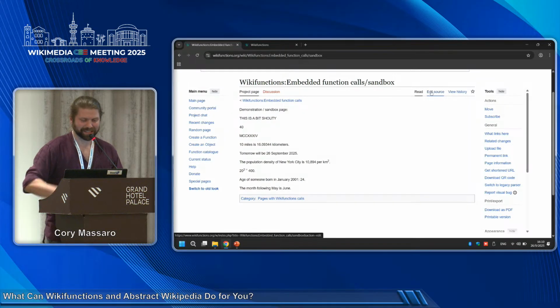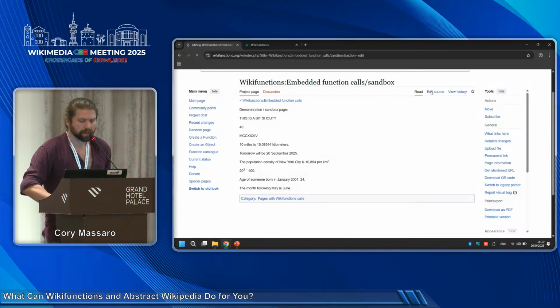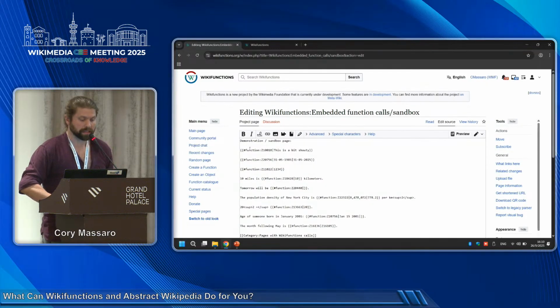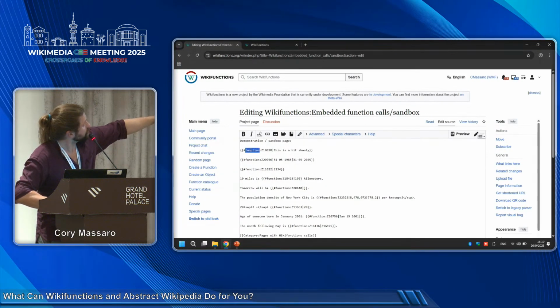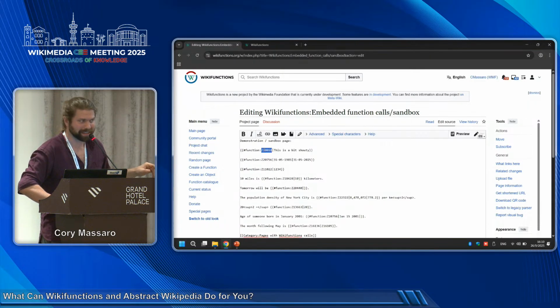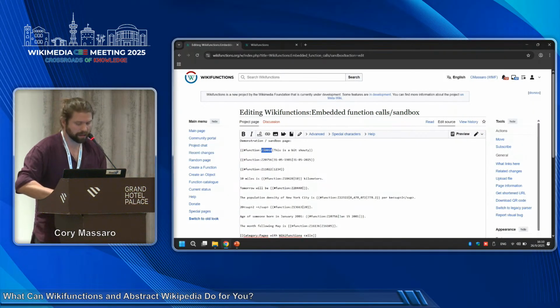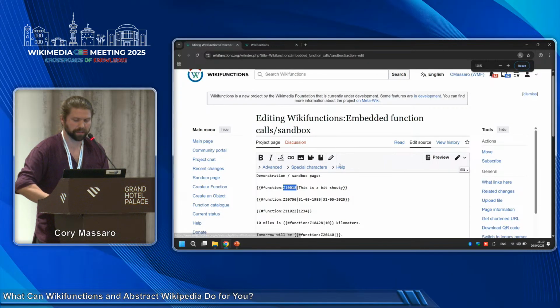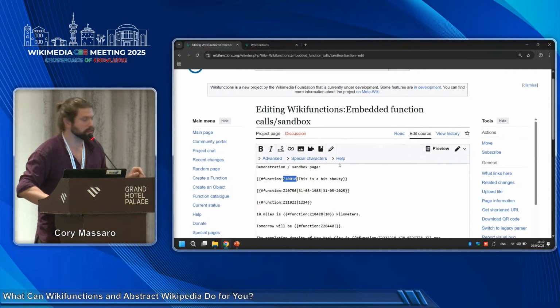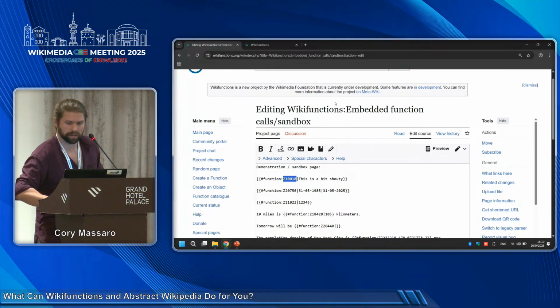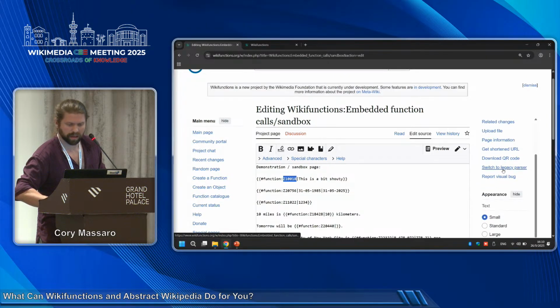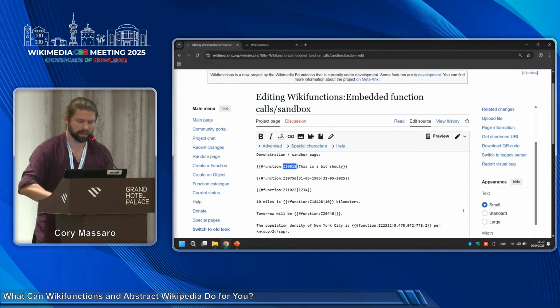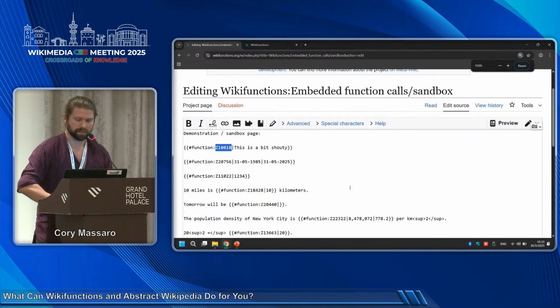So this just looks like text, but if I go in and edit it, you can see this syntax here. Oh, that's really pixelated up there, huh? Okay, so that says function, and then this. Oh yeah, I can zoom in. Is that better? Is that more visible? It's fine like this, they're pretty narrow, but we can get a little bigger. Oh, there we go. That's even better. So this is a function.